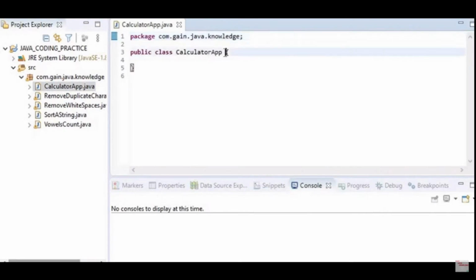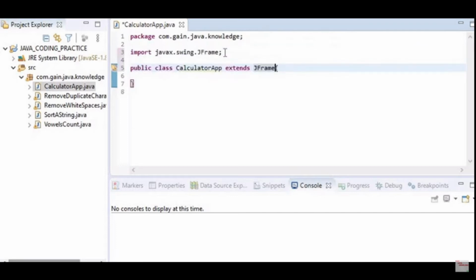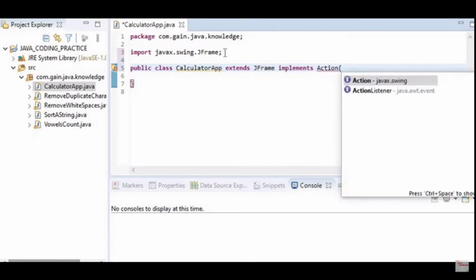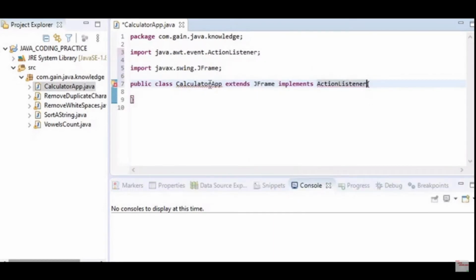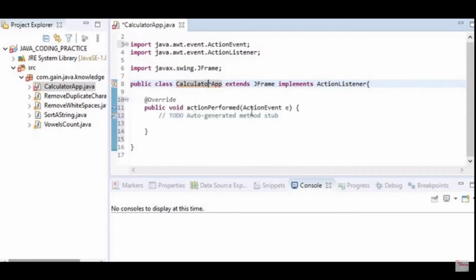And this class will extend JFrame, so we can create a frame for our calculator, and will implement ActionListener. ActionListener contains one abstract method that we need to override. Add unimplemented method, that is actionPerformed.